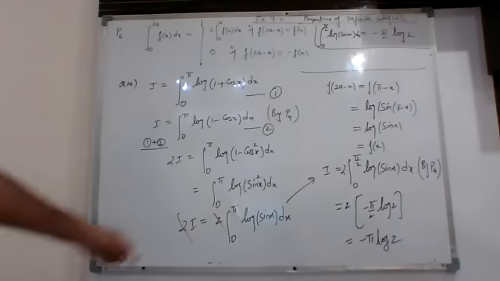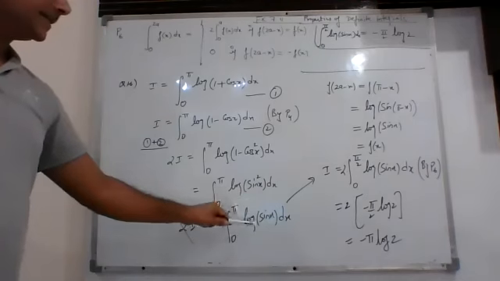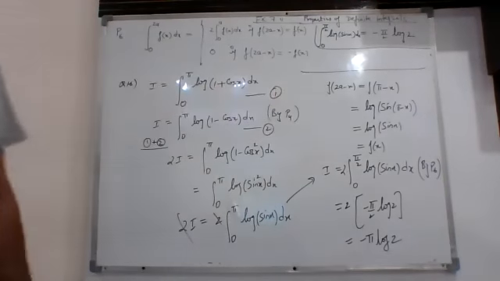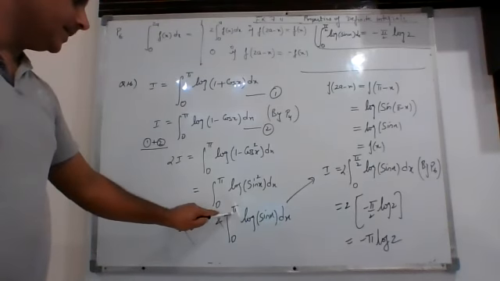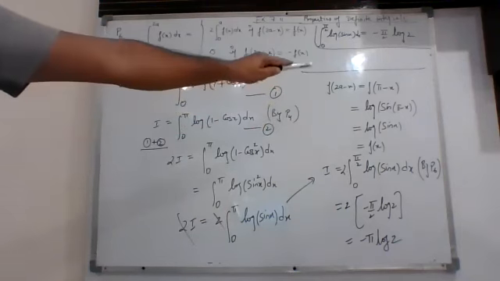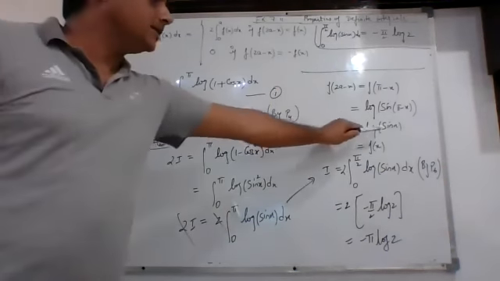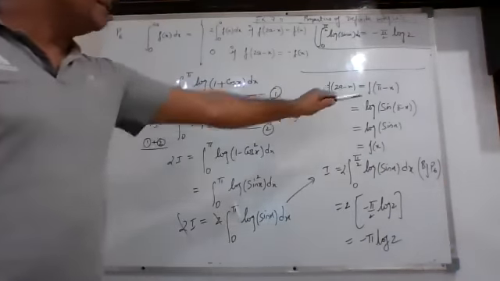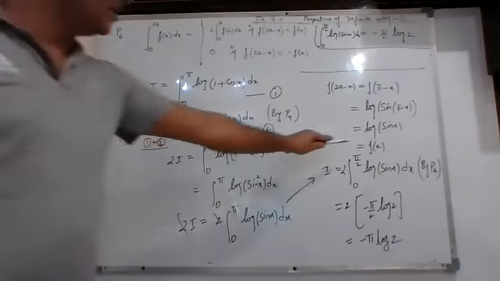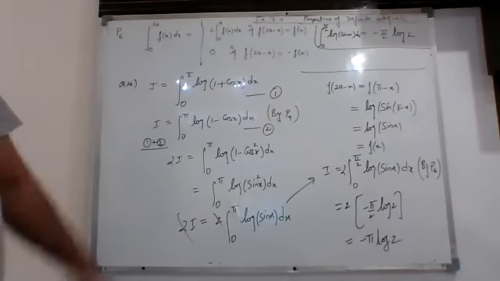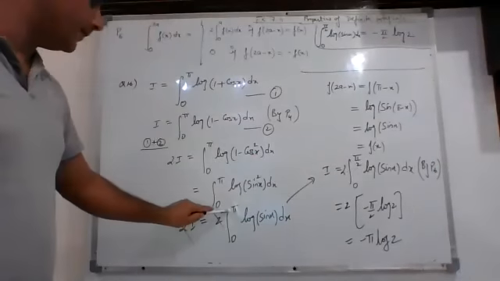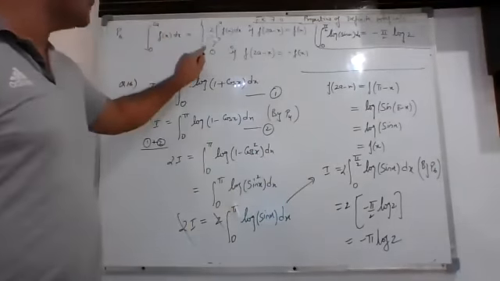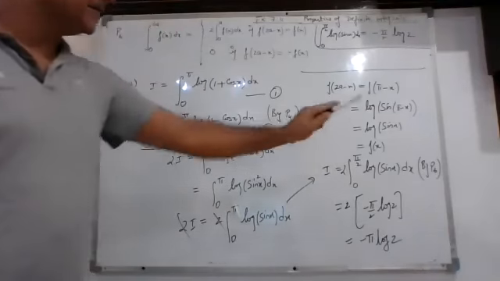After this, on this expression, we will apply P6. So that is the justification for P6. f of 2a minus x will be equal to f of pi minus x, because here the role of 2a is being played by pi. So log sine of pi minus x can be written as log sine x, because you know that sine of 180 minus theta is sine theta. So that is coming out to be f of x. So by using this property, you can write this as 0 to pi by 2, because half of pi is pi by 2, and 2 times because of this, log sine x dx. This is by P6.